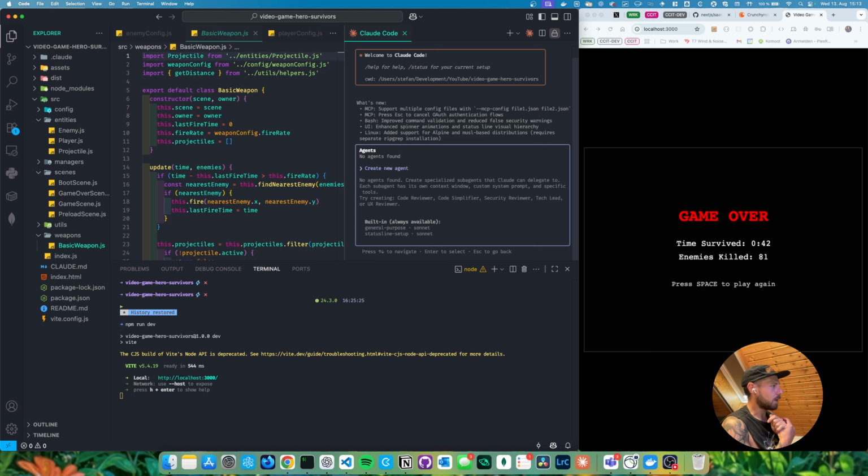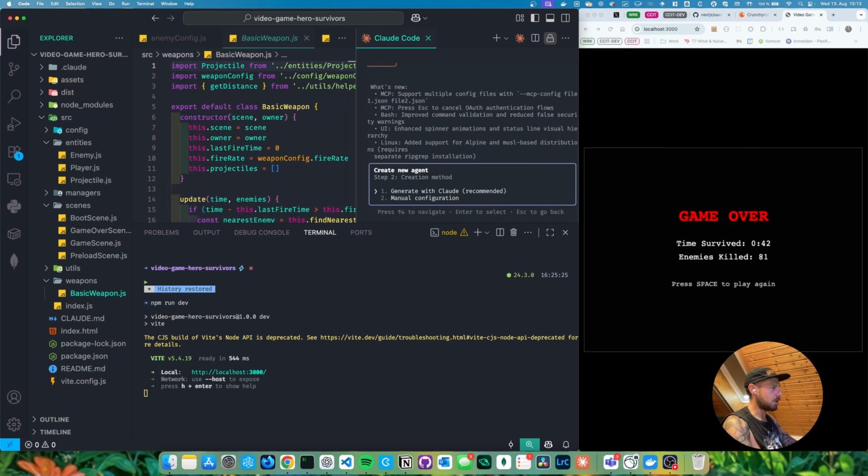The question is what kind of agents we are going to need. We definitely need a Phaser.js expert, and later on we need like, I don't know, a pixel art artist and this kind of stuff, and some tile map specialist. For now, I want to create a new agent inside of the project, and then we generate it with Claude Code, and then we want to say